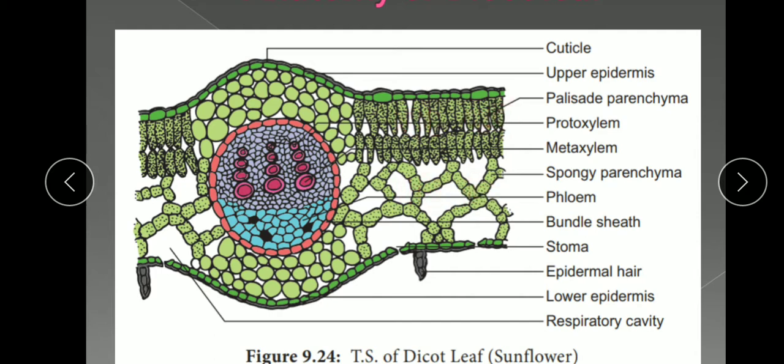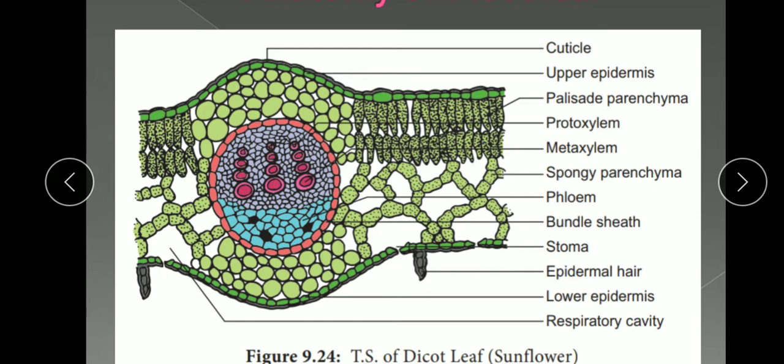Now let us see the structure of the spongy parenchyma. It is situated below the palisade cells and extends towards the lower surface, and it is made up of oval or round cells with large intercellular spaces among them. You can see here in this spongy parenchyma the intercellular spaces are quite large, and the chloroplasts inside are less than in the palisade parenchyma. So this is the differentiation of the mesophyll tissue in dicot leaf. This is not found in monocot leaf.